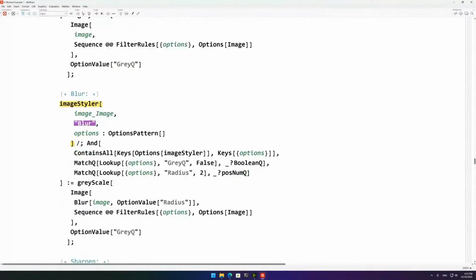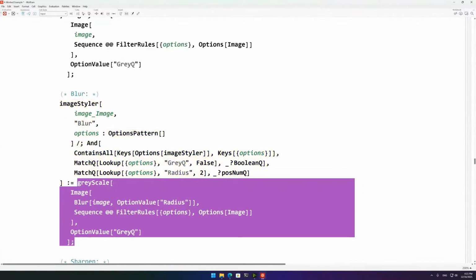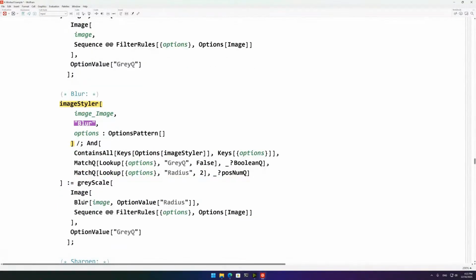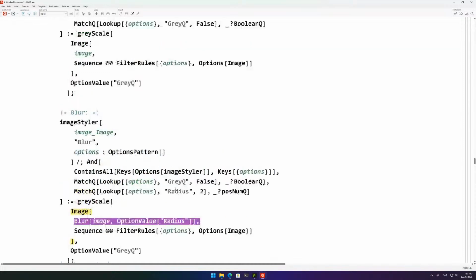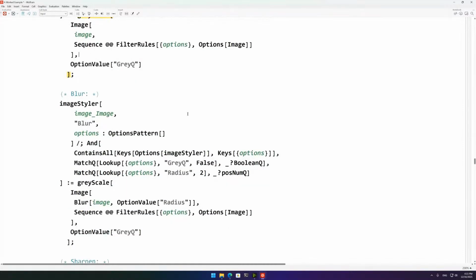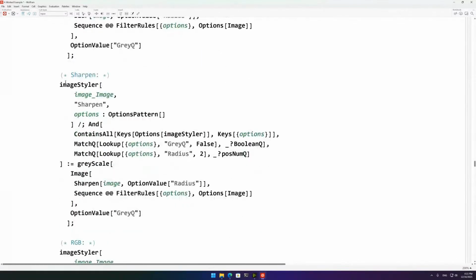You can see that the actual right hand side of our functions are different. Obviously when the user passes blur, then we want to apply blur to the image. If they don't pass blur, then we don't want to apply any styling to that function. Another function definition, again, same name, but this one is only valid when the second argument is